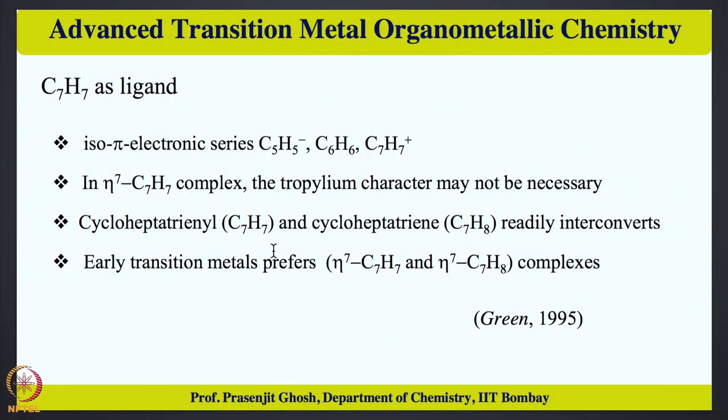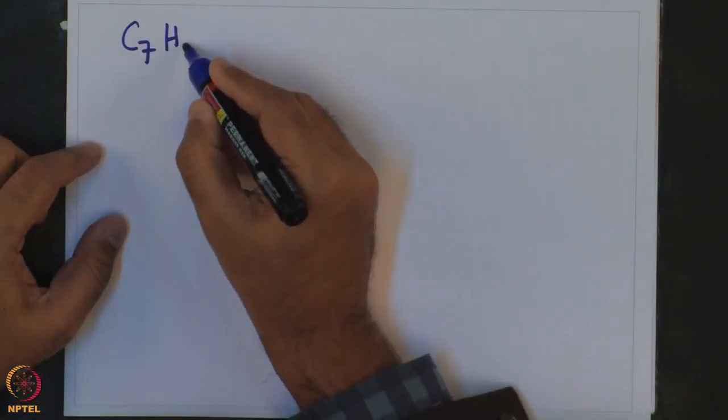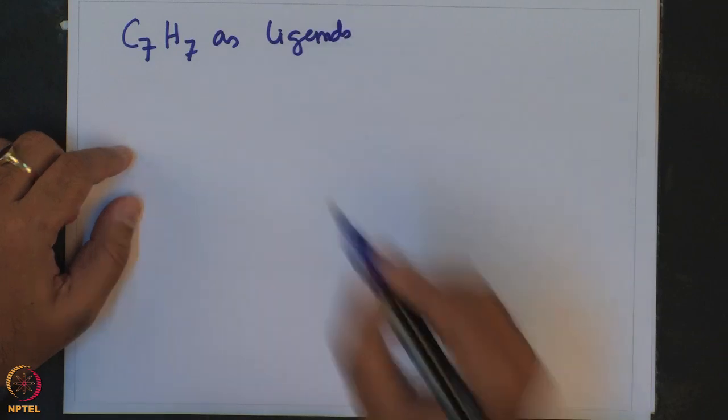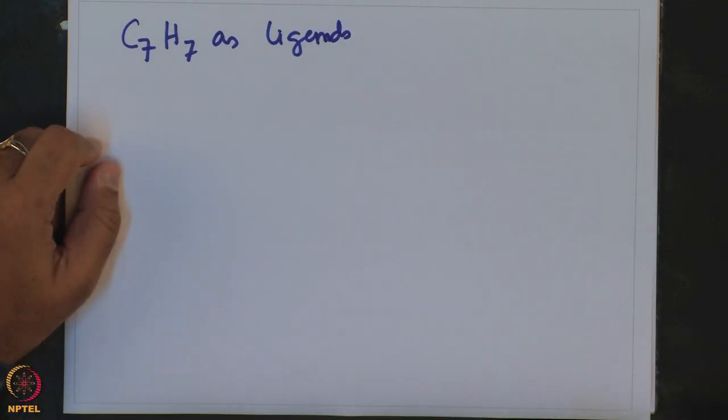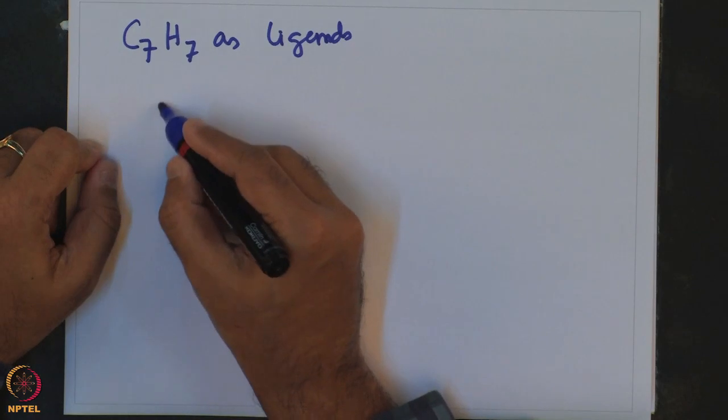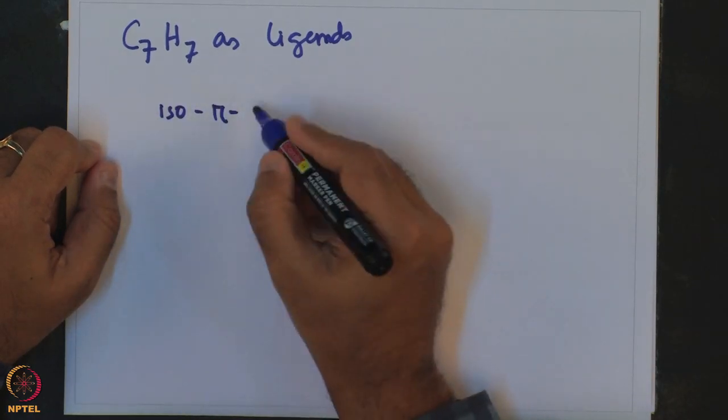So, with this we are going to finish talking about this particular topic of transition metal Cp arene complexes, and move on to another very interesting ligand, which is C7H7. So, these C7H7 as ligands are 7 membered rings. We started off by looking at 5 membered Cp, then we looked at benzene C6H6, and then moving on to C7H7 as ligands, and these are an iso pi electronic series